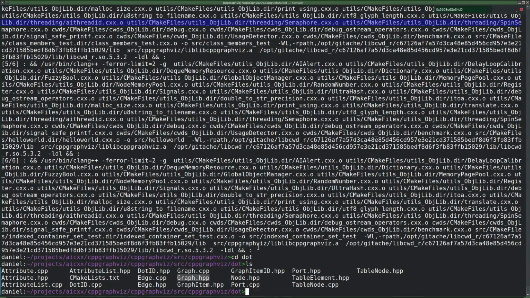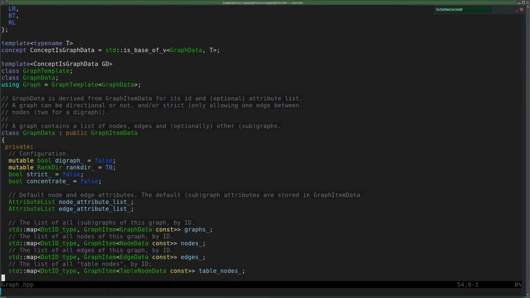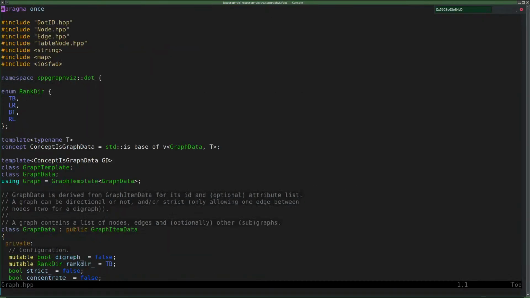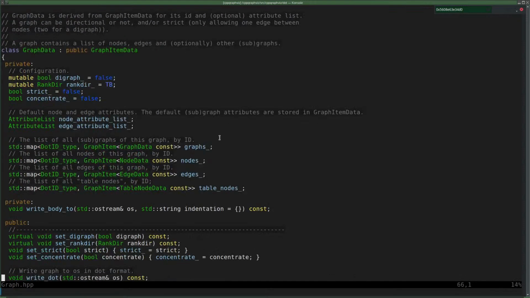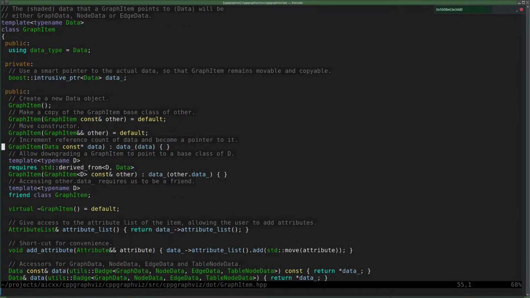No, I'm not sure. I mean dot graph data to begin with. It has this graph item of stuff. Say the nodes are stored like graph items, and the graph items are intrusive pointers. So yeah, we have